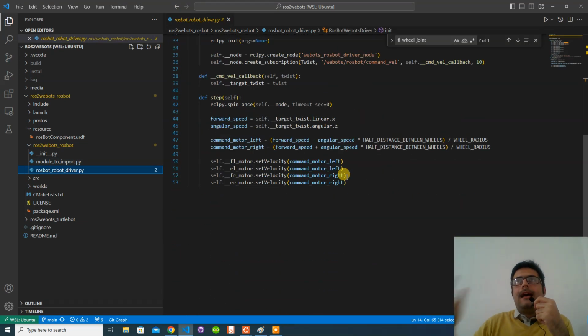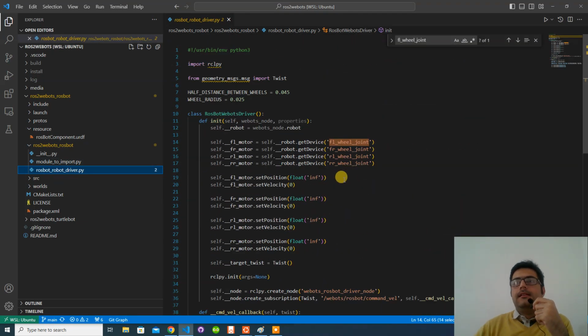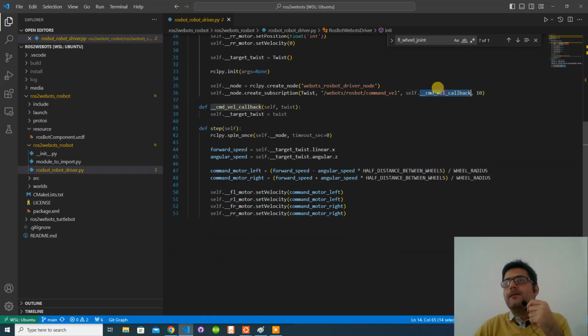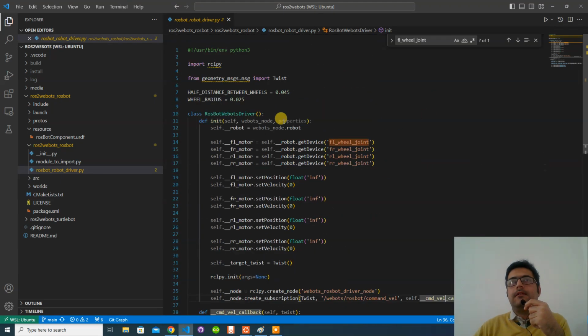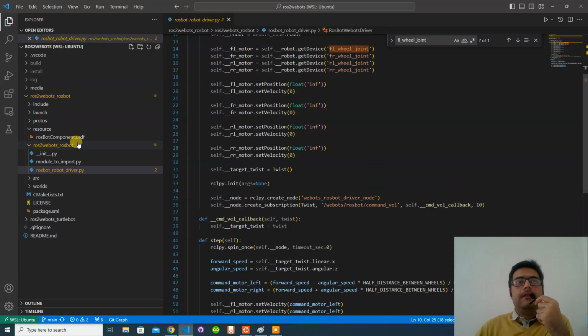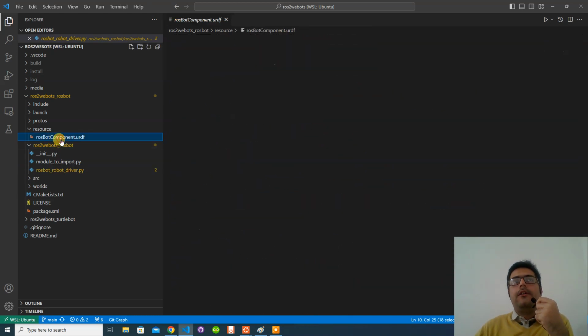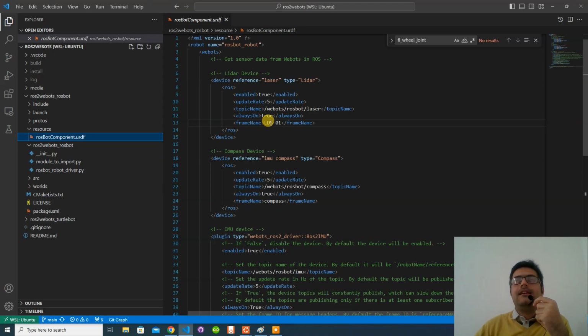Okay, but another important question is, we are getting the information of a twist from a topic, which I will cover later. How am I going to publish keyboard data over this topic? You are asking how Webots got the information from this node. That's a good question. So remember this executable name, Rosbot_robot_driver, and I have defined this Rosbot Webots driver inside. Okay, so let's turn back to the URDF, which, as I mentioned, enables you to